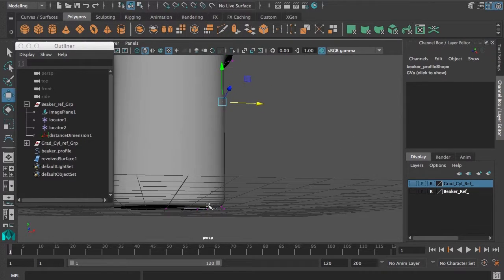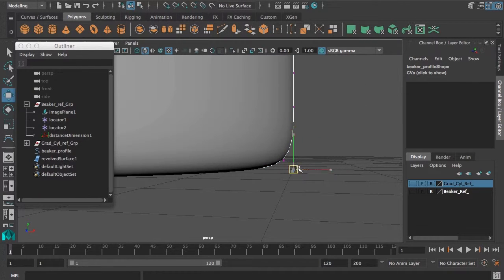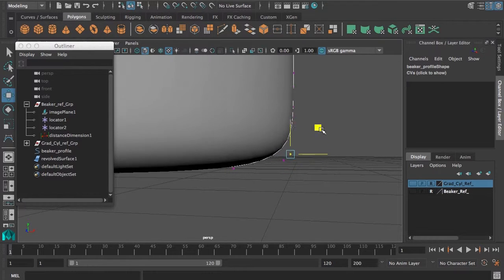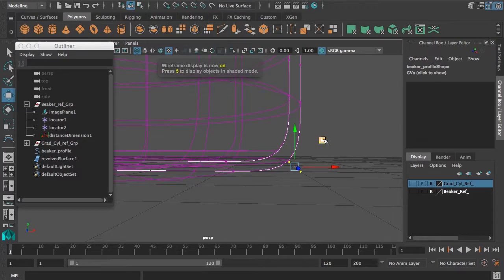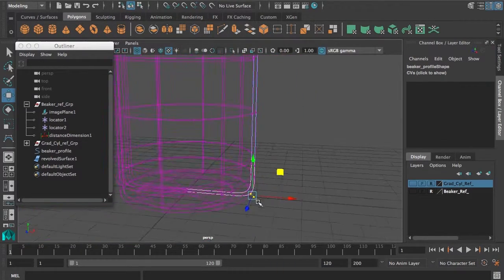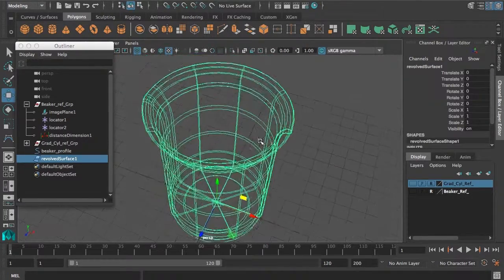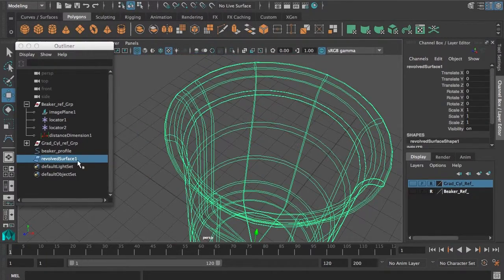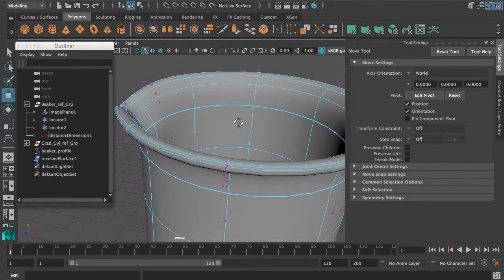So if we decided, oh, you know what, the radius of this bottom isn't quite right, it should have a better falloff, you can press 4 to go into wireframe, and it's a little bit easier to see the CVs that way. So the curve is still live, and it still is influencing our surface. With our move tool, W to get the move